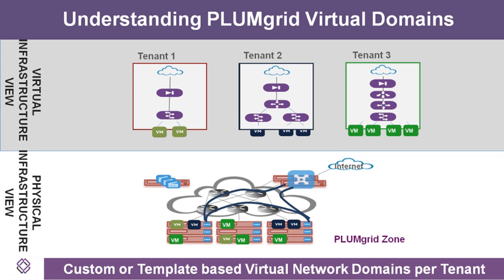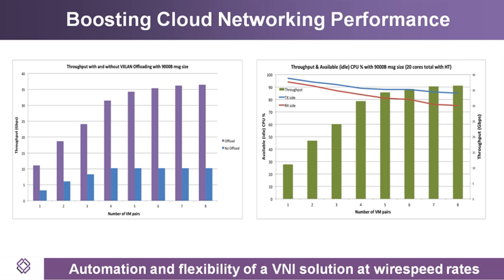Now, as I mentioned earlier on, when you start building VXLAN tunnels on top of a physical infrastructure, there are many layers where the performance can degrade. And so one of the interesting value propositions of looking at PLUMgrid plus Mellanox is that we can actually improve the performance of the solution by leveraging the two components together. What I'm showing here, and there is a lot more detail in a joint paper that you can find on the PLUMgrid and Mellanox websites, is two tests that we've done with the PLUMgrid OpenStack Networking Suite and the Mellanox ConnectX Pro,